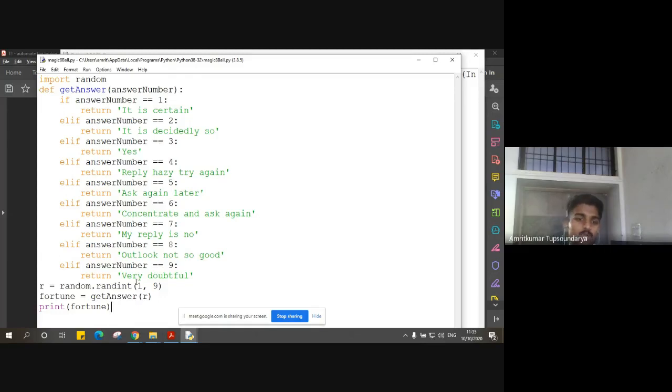So let's say if you want to reduce the number of lines of the code, we want to reduce the redundancy factor, we can simply make use of the list here. Now, I hope you already understood what are the things that we can put in the list, right? So these messages, these comments, we can put into the list, right? So let's say I name a list called messages, and I'll put all these messages or comments into that list called messages, and I will use this same random function to generate a random number and then print these messages.